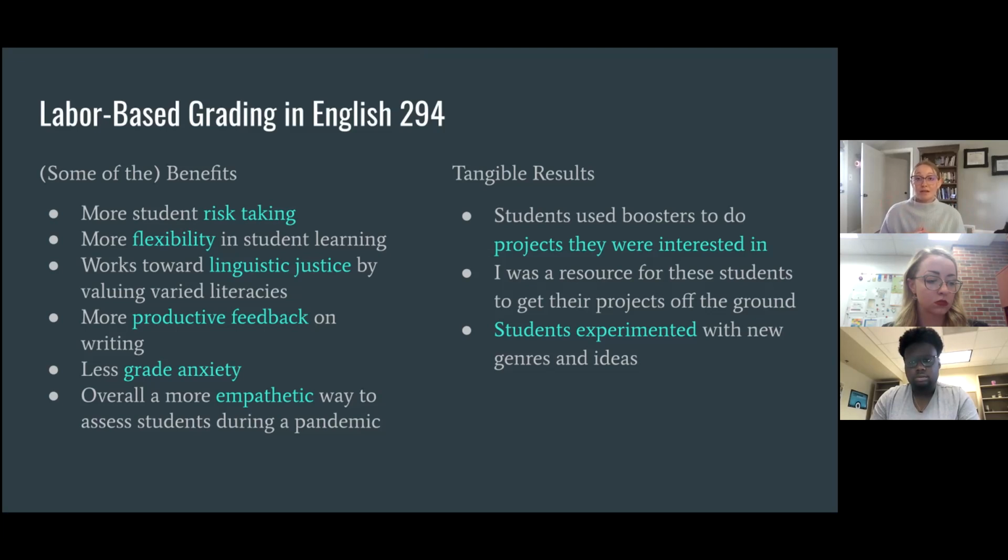Some tangible results that I saw include students using boosters, or this opportunity for doing extra work for a higher grade, to do projects they were interested in. For example, I had a student who was really excited about getting a political blog going, but she couldn't find the time to create the website, edit and revise her blog posts, brainstorm, etc. So she used that as a jumping off point for her extra labor. So I, as the instructor, was able to help her craft her website, edit her blog posts, and help think about all the things that she could do with this blog. So by the end of the semester, she not only increased her grade, but reached her own personal goal of